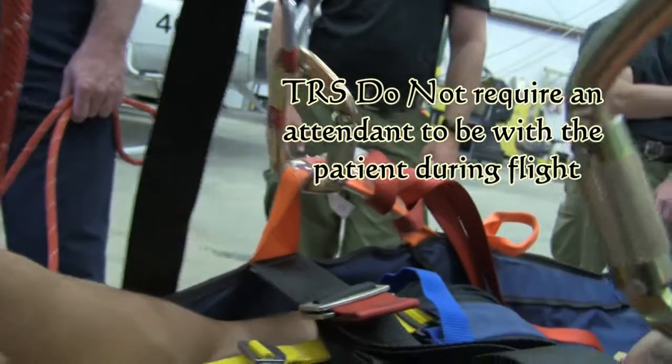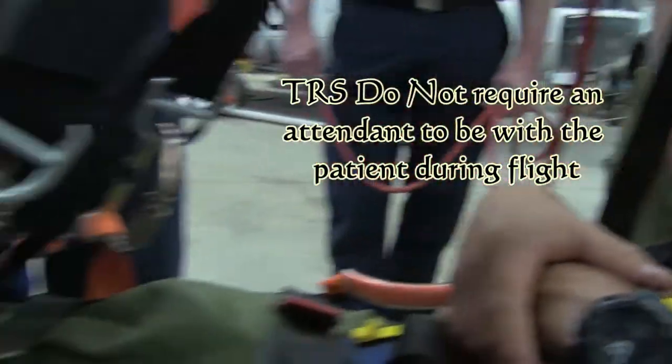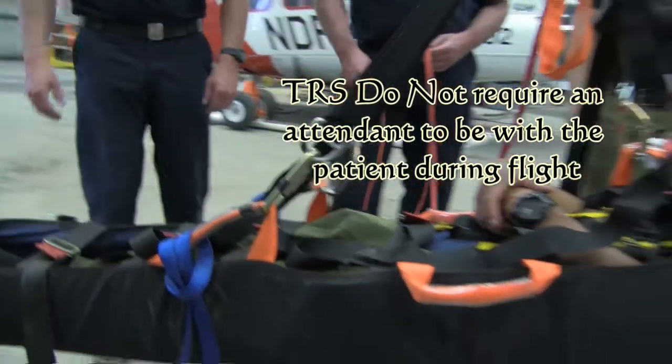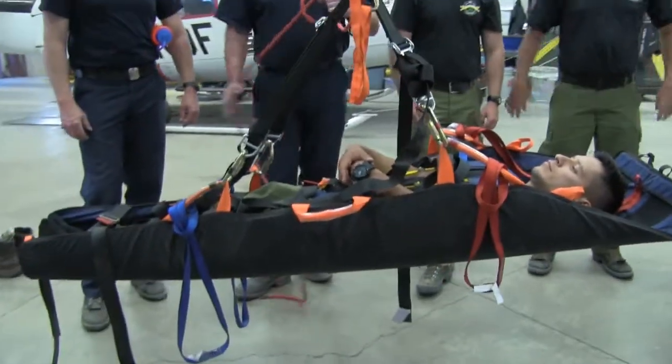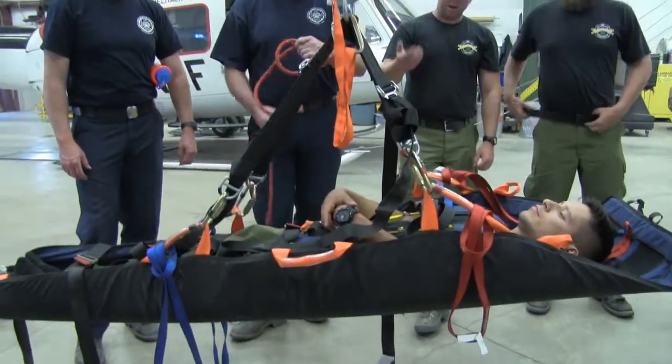You ever fly with an attendant? We are not short haul ships, so no. But we did just get approved for a hoist through legislature, and that's coming down the pipe here probably next year. And then so if he's going up,